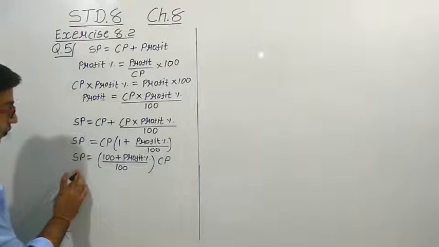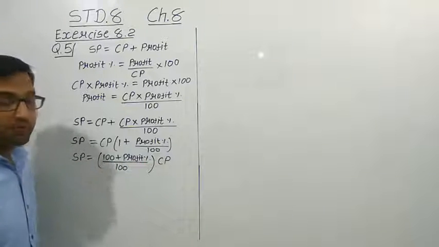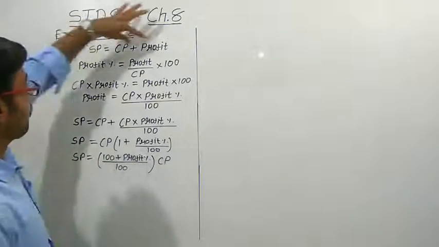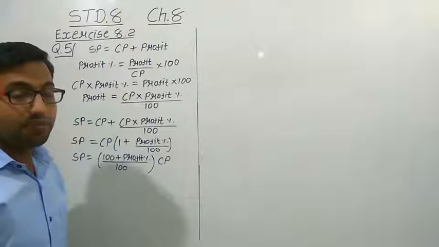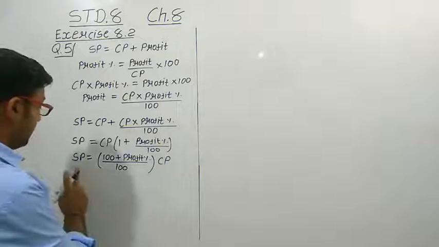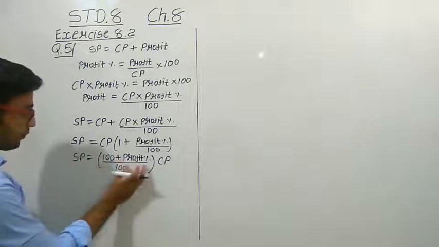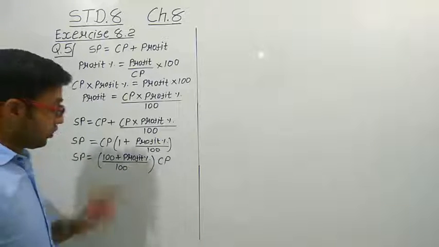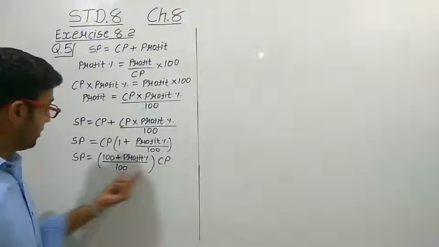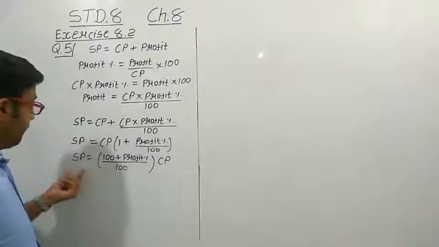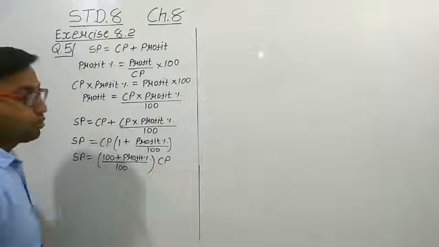Okay, so this is the formula which relates the selling price, cost price and profit percentage whenever there is a profit, right? So this is the formula when someone makes a profit on something, we can use this formula, right? Three quantities are there: selling price, profit percentage and cost price. So if two things are given, either profit percentage and cost price, we can find out the selling price. If we have been given the selling price and profit percentage, we can find out the cost price.